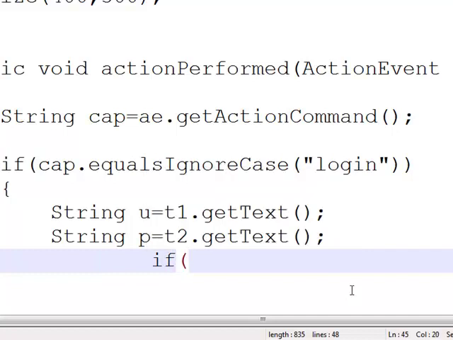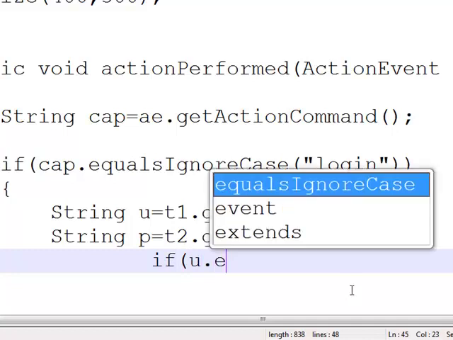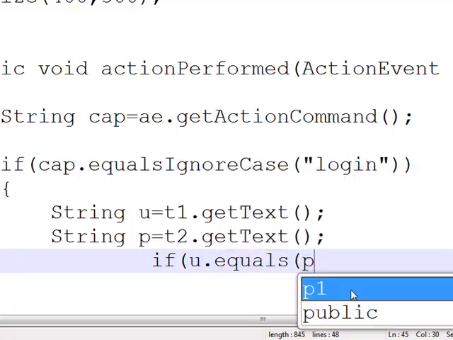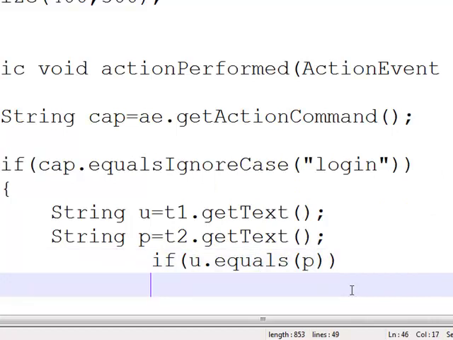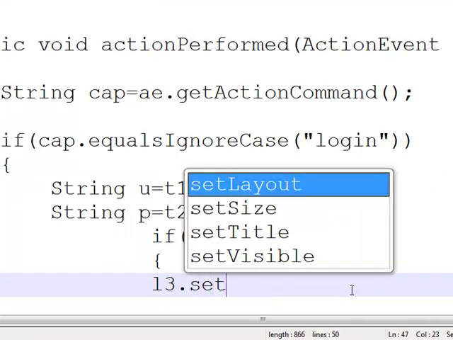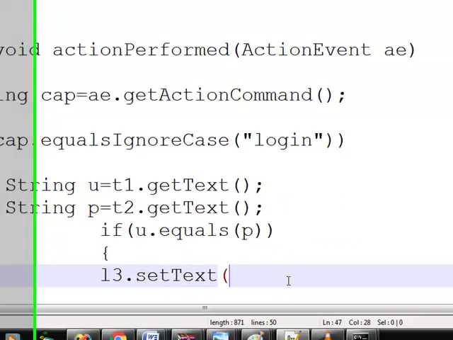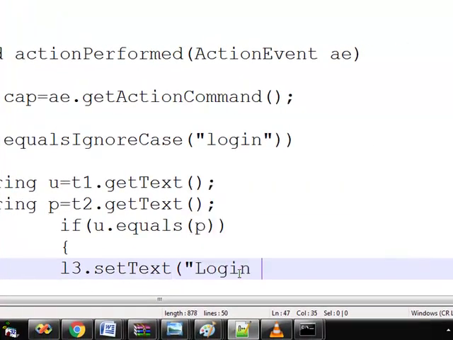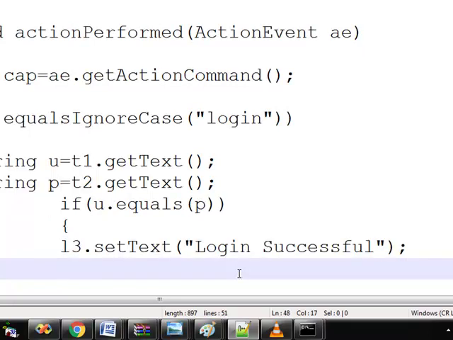So case sensitive, so don't use ignore case. So if u dot equals p, then what will you put on L3? Set text. What? Login success. Else what will go?